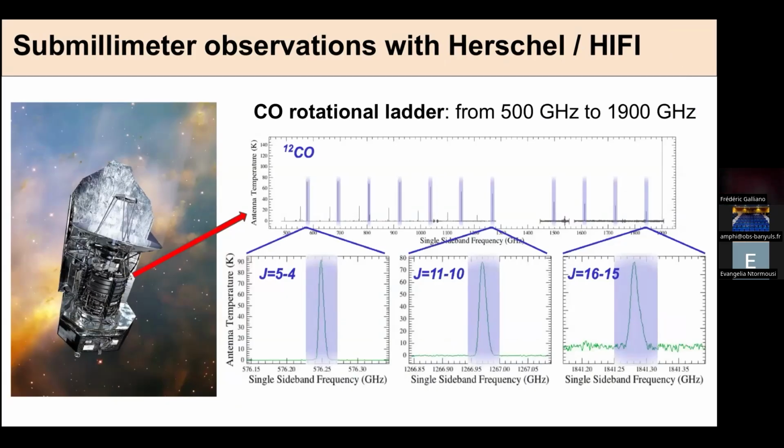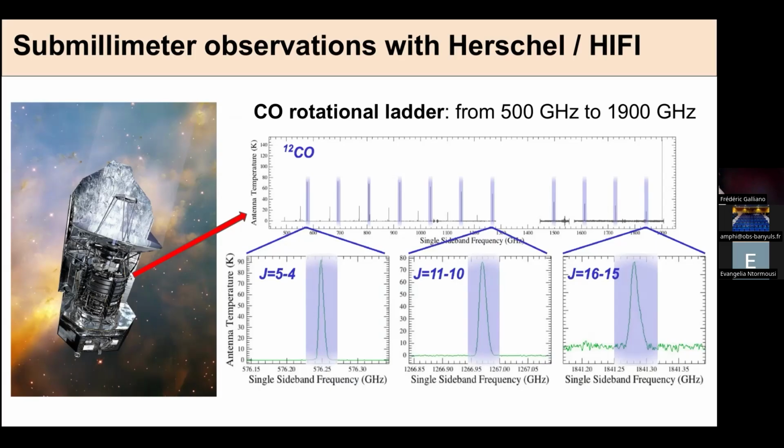The data that we used in this hands-on project comes from the Guaranteed Time Key Program HEXOS, which used the HIFI instrument of the Herschel Space Telescope. It aims at doing molecular line spectroscopy with a high resolution. In this work, we studied a line survey that targeted a broad bandwidth going from 490 to 1060 gigahertz in order to observe CO